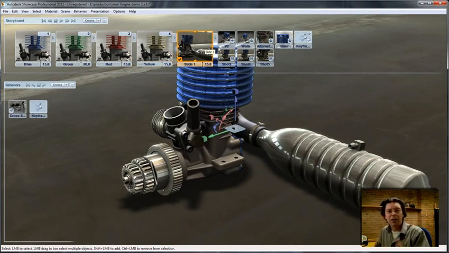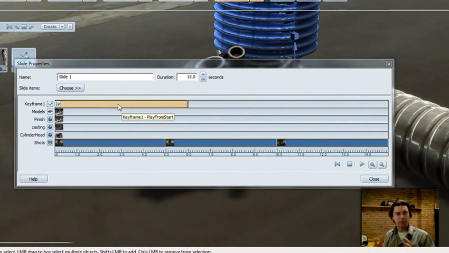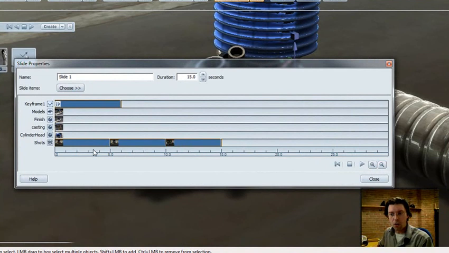Now I need to change how these all interact with each other. So I can go in, and something else that's new is this ability to, again, look at a timeline view of all the elements of the storyboard slide and rearrange them. So I'm just going to jump out a little bit more, and you can see this is our orbit, this is our zoom in, and this would be our zoom out. So I'm going to space those out a few seconds, just so it zooms in and then holds during this empty space, and then continues. Here's the keyframe animation, so let's just slide that out so it happens over that gap between the zoom in